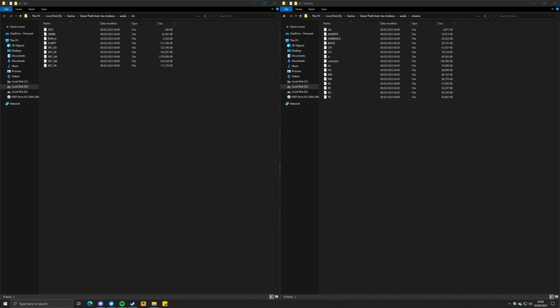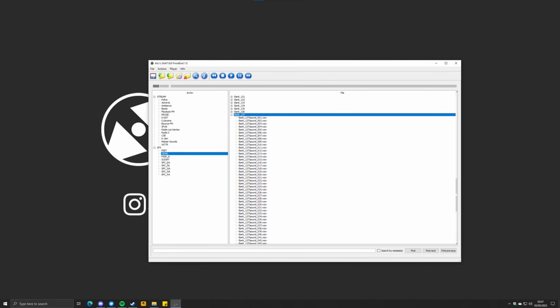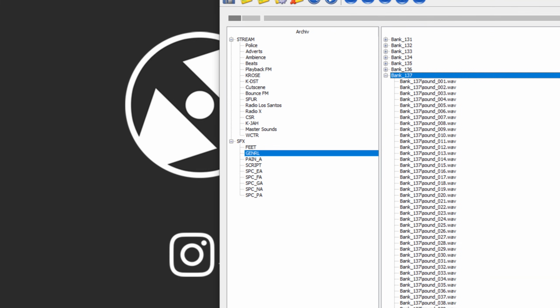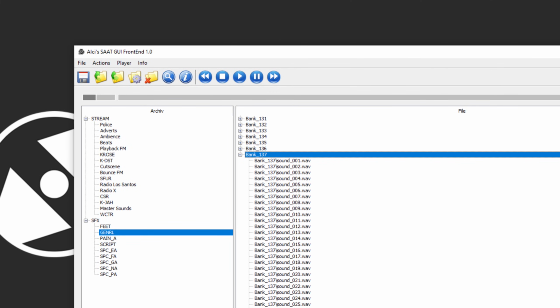However, ModLoader has yet another trick up its sleeve. ModLoader can also load sound files outside of the packages. However, they must follow the same file structure as they do inside the package. For example, if we wanted to replace the gunshot sound of the sniper rifle, the sniper rifle sound is in the GENRL package, and within that package, it's located in the bank called bank_137.